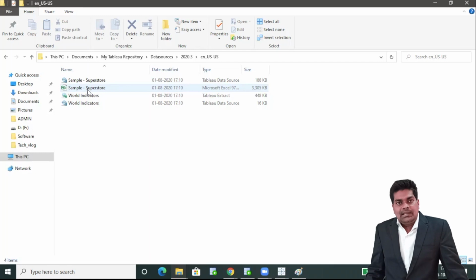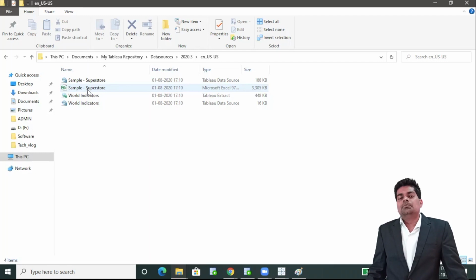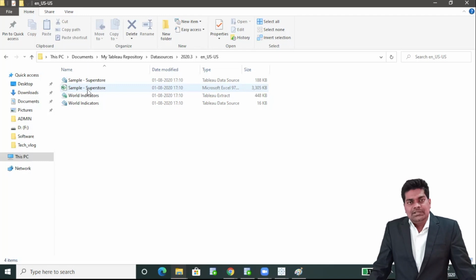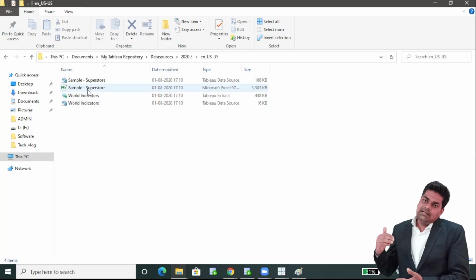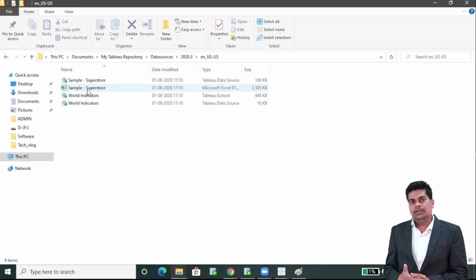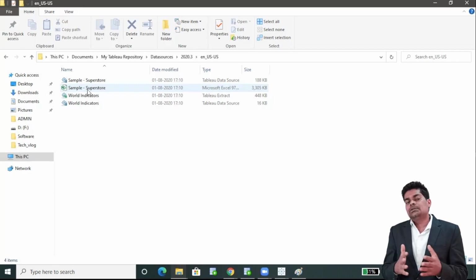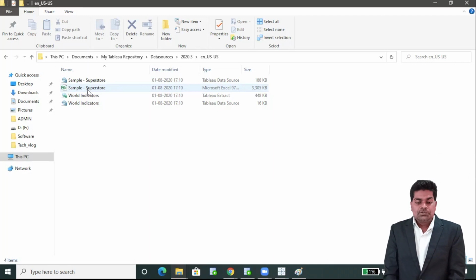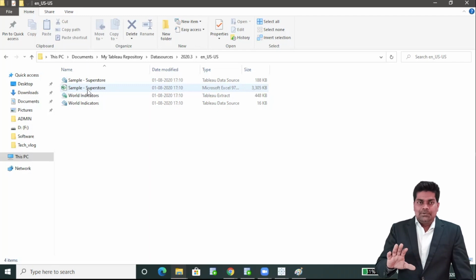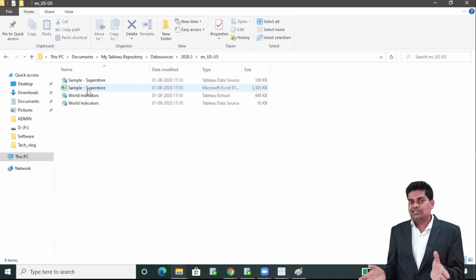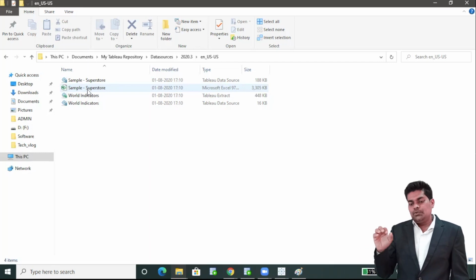So we directly connect with the data sources, like any database, and directly we are creating worksheets, creating formulas, creating dashboards, and we are deploying. Every day the Tableau data is refreshed, and we are getting fresh reports, fresh dashboards. That is the total actual work of any reporting tool. So why am I showing you how to connect with Excel? Only for practice, because installing a database and getting the database is a bit difficult. That's why we are using Excel here.